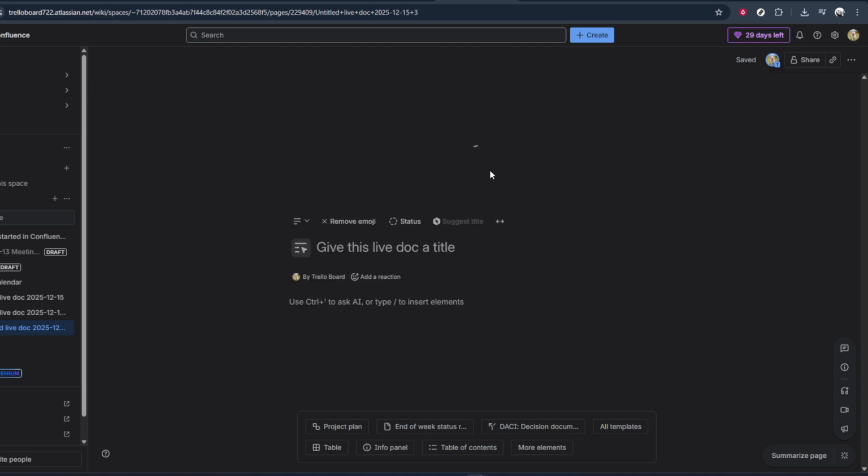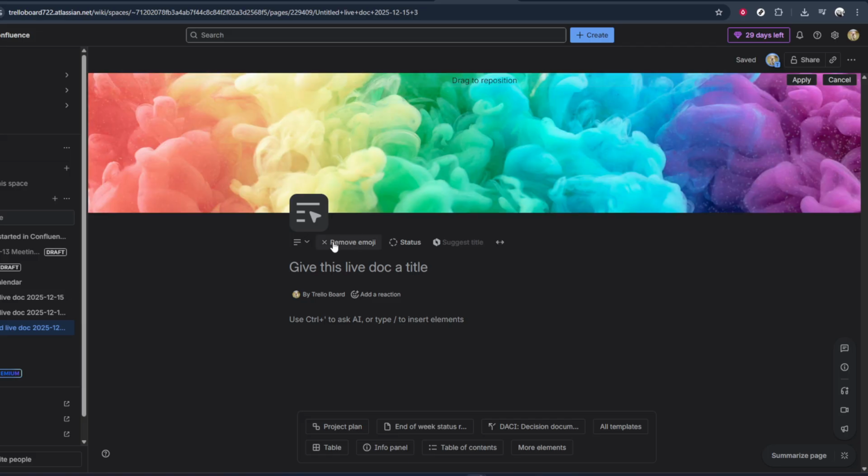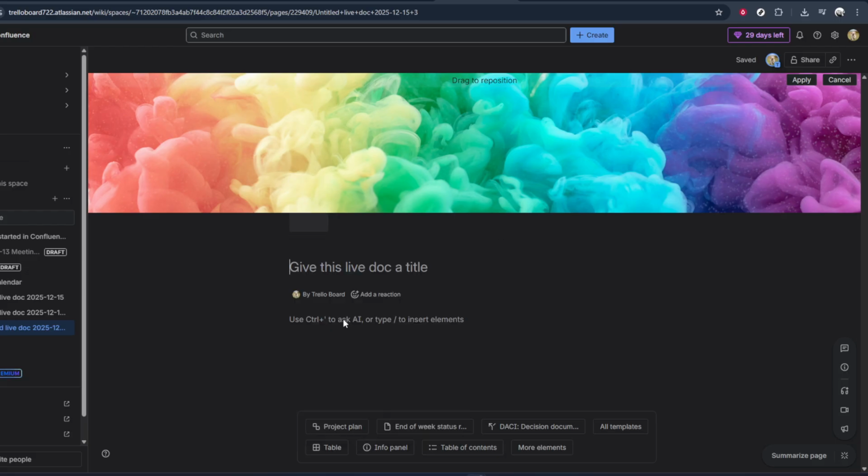At this stage, it's a good idea to give your Live Doc a clear and descriptive title at the top of the page so it's easy to find later. You can then begin adding your content, tagging teammates, and organizing information according to your needs. And that's all there is to it. Click the Create button in the top right, then choose Live Doc from the options. Once it opens, you're ready to build